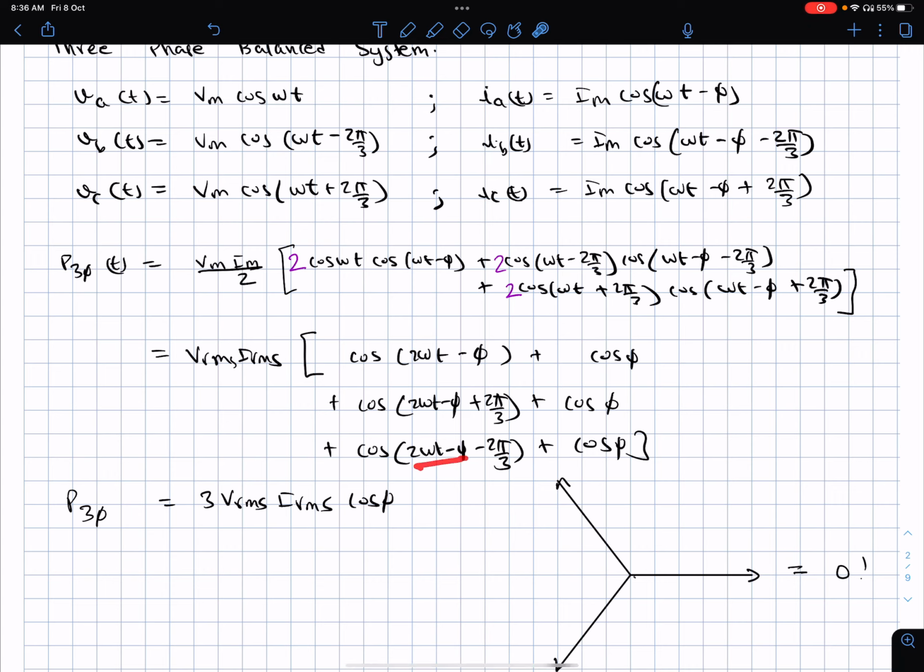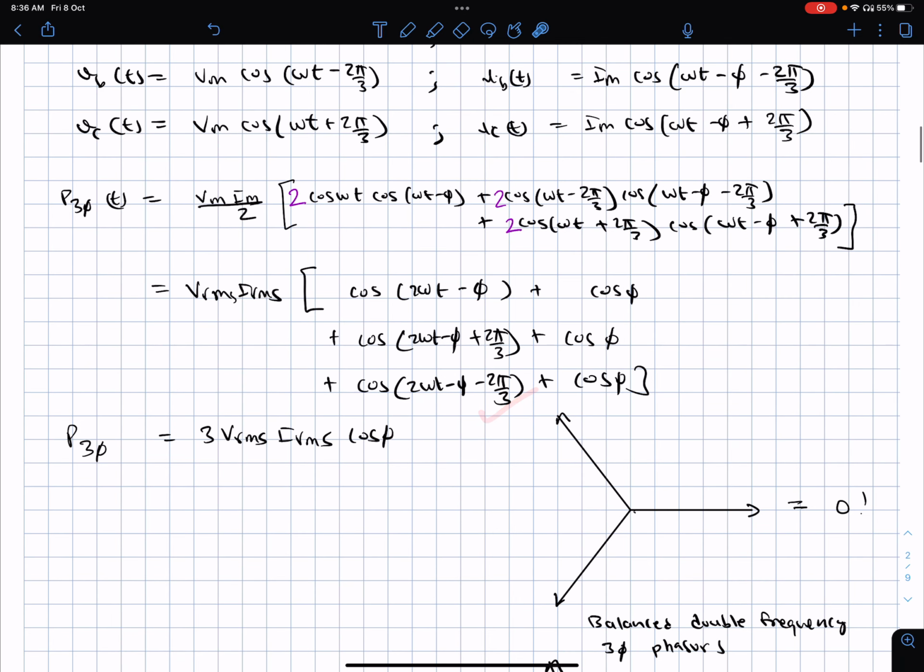And when you add it, it is cos of 2 omega t minus phi plus 4 pi by 3. So plus 2 pi by 3, another plus 2 pi by 3, which is the same as minus 2 pi by 3. Plus 4 pi by 3 is the same as minus 2 pi by 3. Now if you sum it all together,